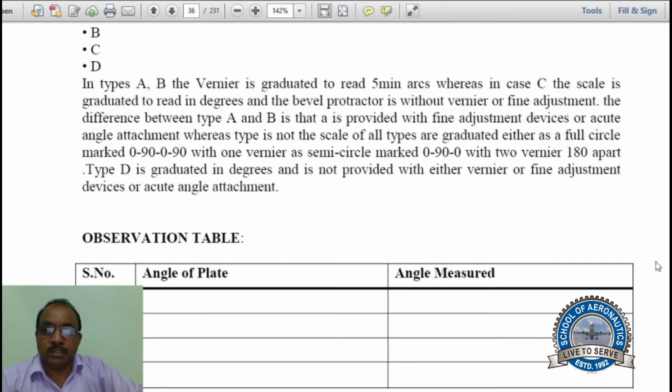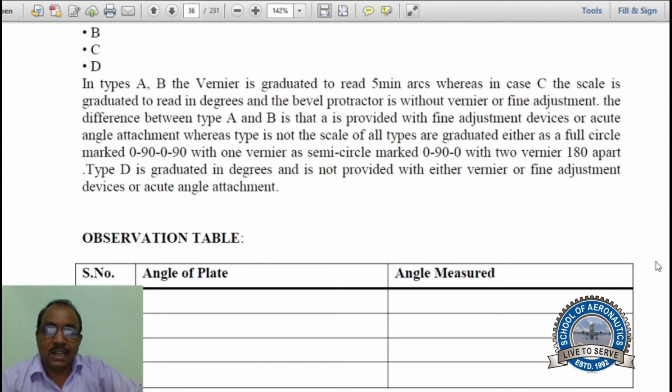The difference between type A and B is that A is provided with fine adjustment devices or acute angle attachment,